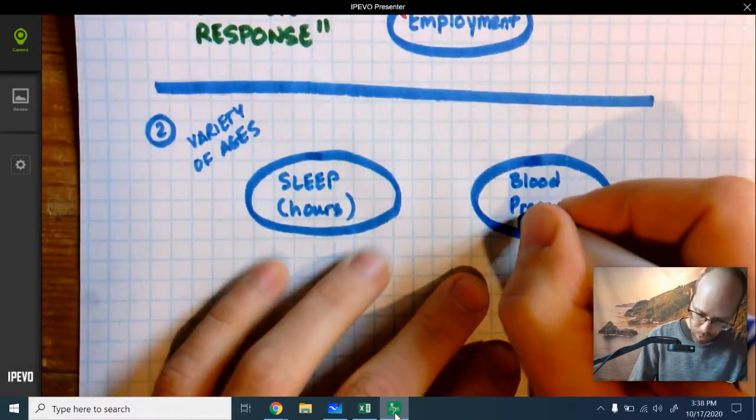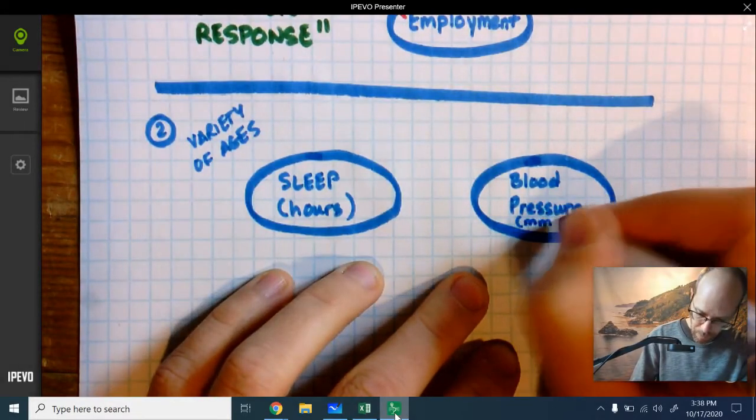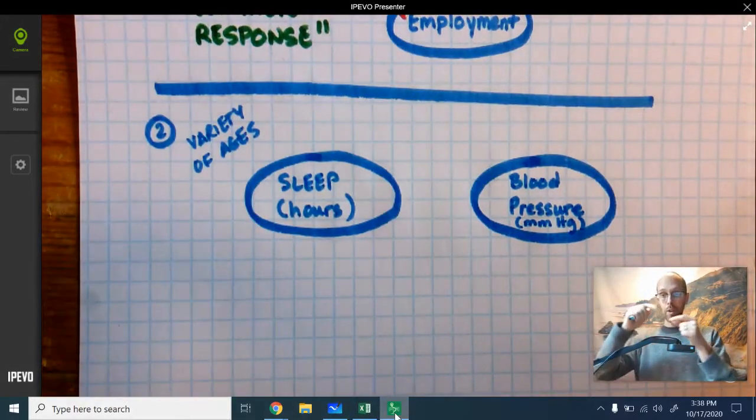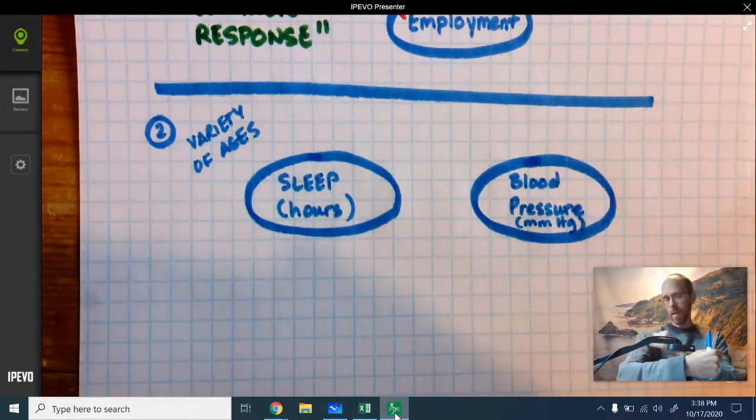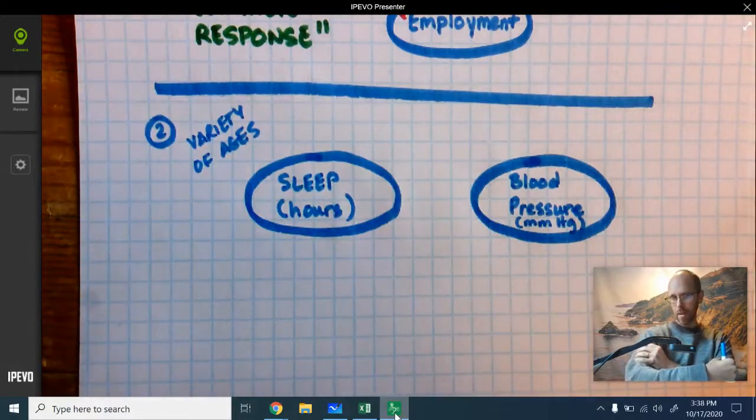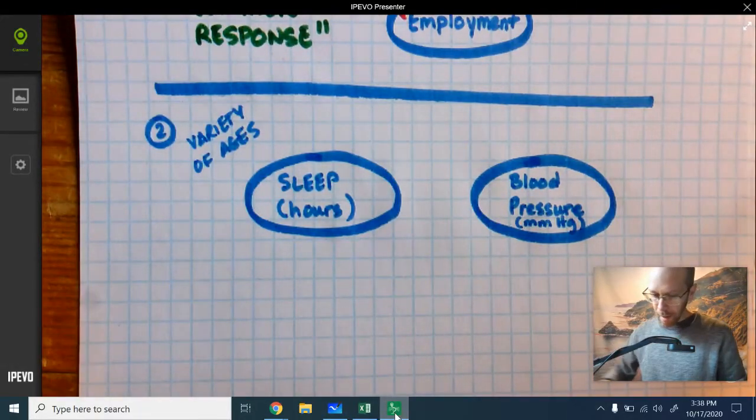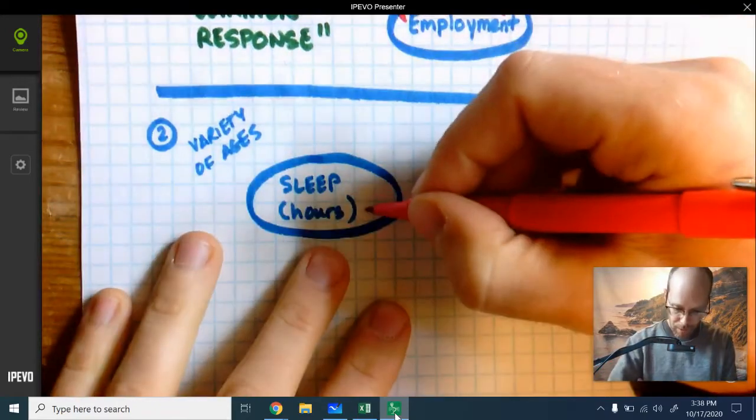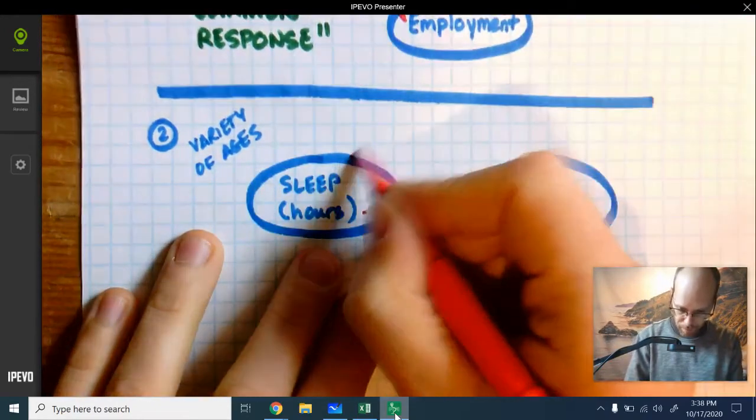Blood pressure is measured in millimeters of mercury. Like, the first instruments that were used to measure blood pressure used mercury, and they press that thing into your bicep. And so that's the way that it's measured. Now, this one also has a negative